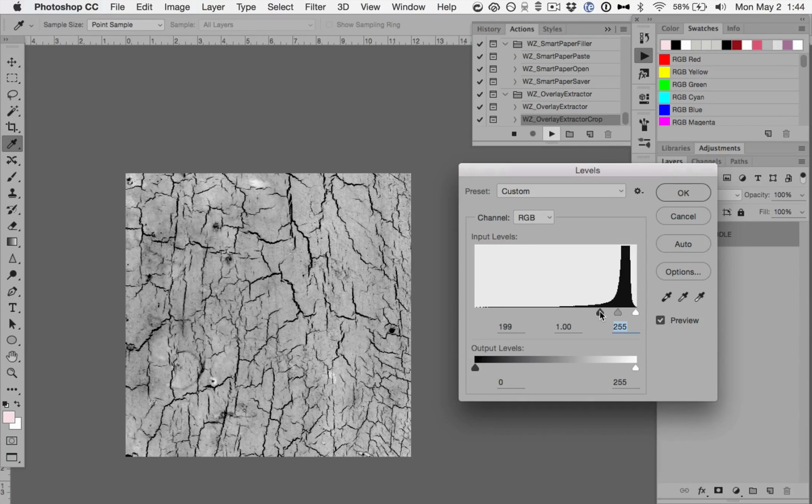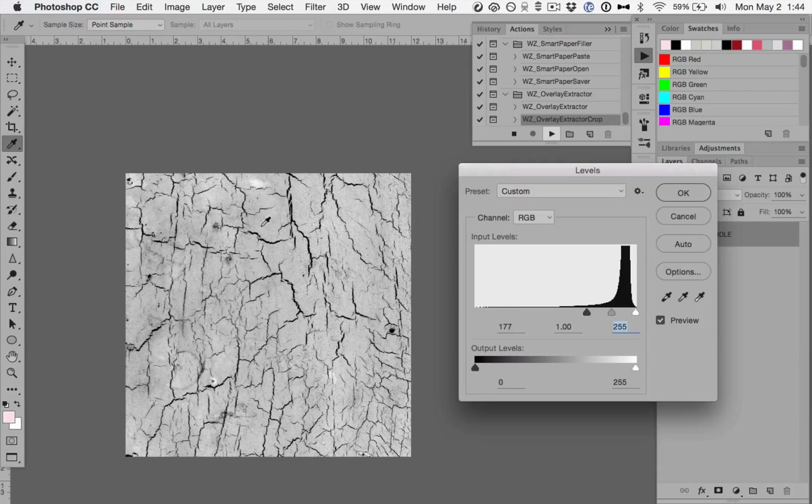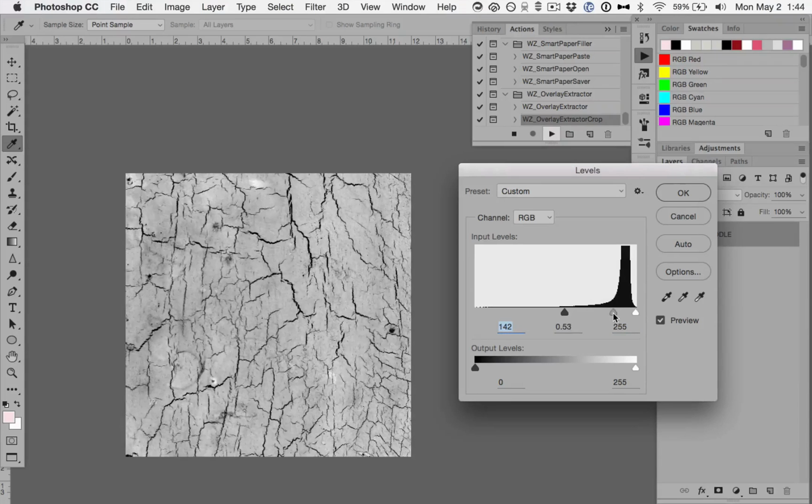Depending on your scan, you may want to adjust this in a bunch of different ways. It just depends on what you're going for. If you're going for an overlay where you just want the creases to show, then you're going to want to drop that white almost completely out. If you are going for some texture to be left in here, then you want to leave some of that in, keeping in mind that the blacker it is, the stronger the effect, and the lighter it is, the less effect that you will end up having over the top of your image. You can adjust the midtones, the shadows, and the highlights separately. So when you're happy with that,